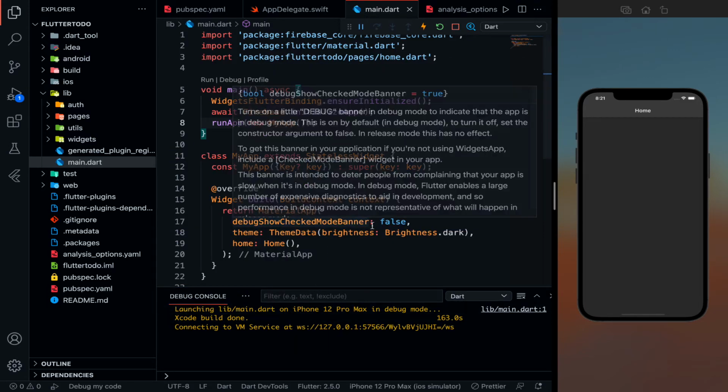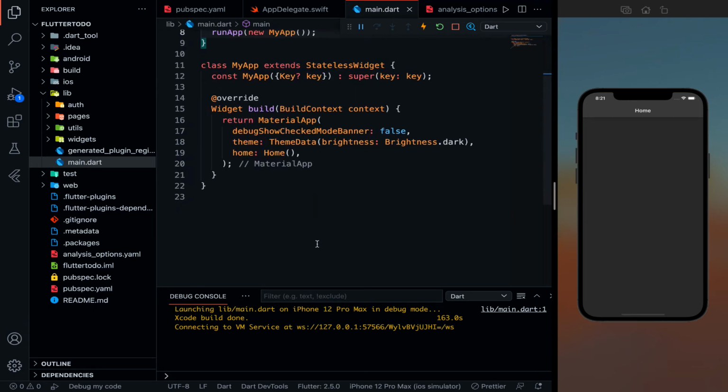Okay, so now my Xcode is ready. Whenever I run my app, it is going to show me this home screen. Why? Because my home is set to home, right? But I need to use a logic that if the user is logged in, then he should be able to see this home screen. And if the user is not logged in, or if the user is a new user, then he should be able to see the sign up page, right?